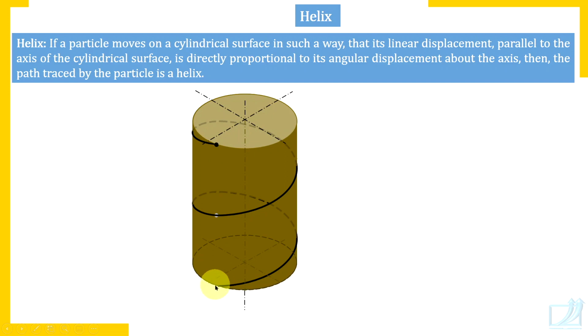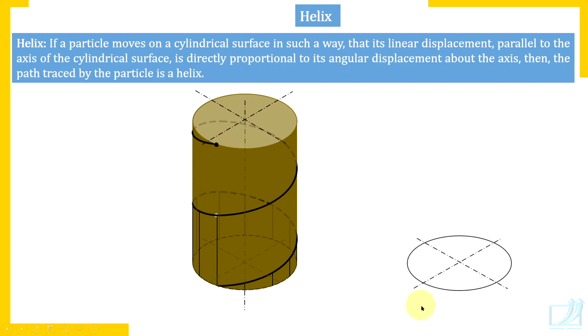In this case, the particle starts at the bottom, and in 2 complete revolutions it reaches the top of the cylinder. Now here, check a white dot here. Here the particle completes its 1 revolution. Now during its angular motion, it moves vertically, and check its distance from the base continuously increases. And here it is the distance covered or displacement parallel to the axis of the cylinder after 1 complete revolution.